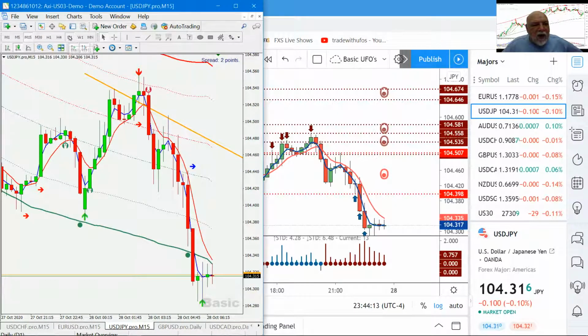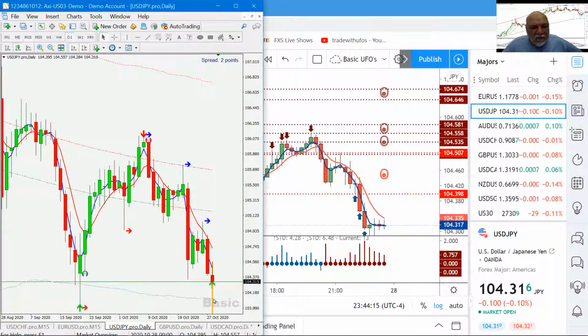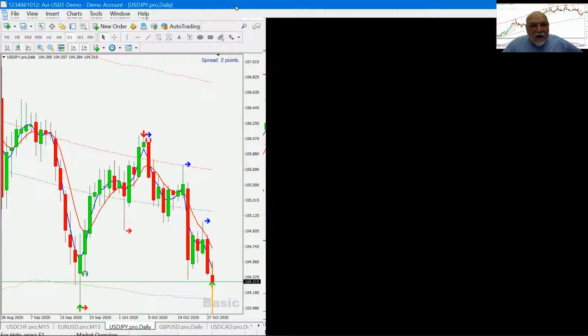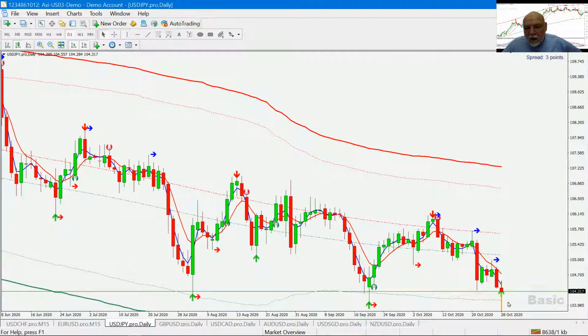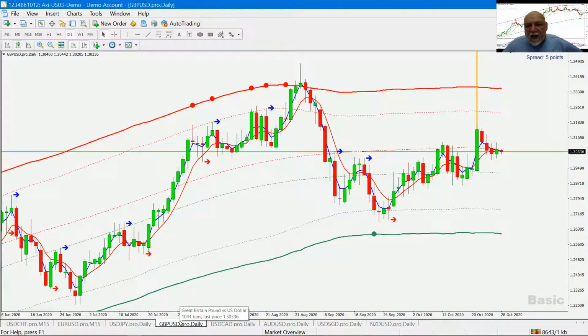We'd have to wait again for the daily to come into the lower band and then make a decision on that. All right, so let's go ahead and look at the pound USD. Pound USD, again, I've got some of these from previous days looking at the charts. Nothing showing me here.